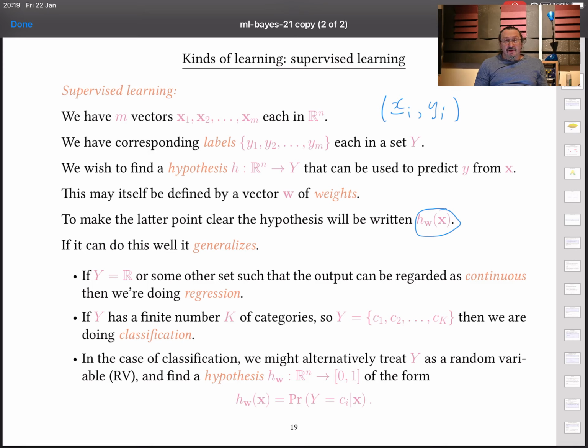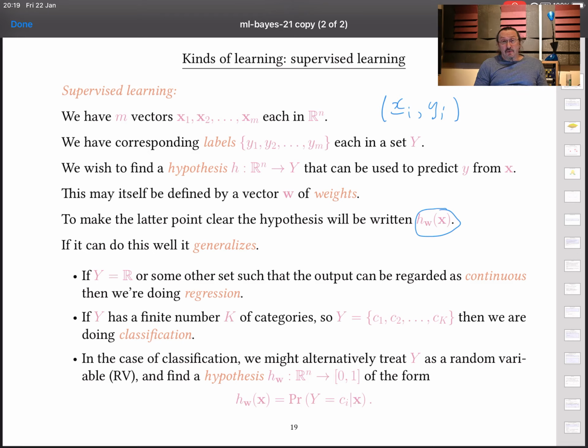There are then essentially three scenarios differentiated by what kind of outputs y you allow. If y is itself just a real number, then we're doing regression. This might be the case if, for example, to use an earlier example from lecture 1, we are interested in the oil pressure in your jet engine and you're trying to predict what it is. Oil pressure would be a real number. It may be constrained within particular bounds, in which case we can account for that, but for now we could just assume that it's a real number.